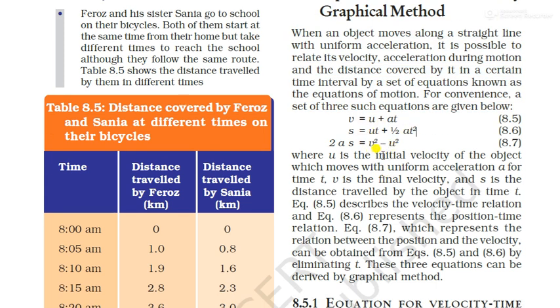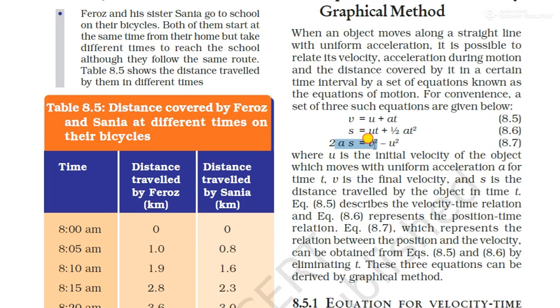We can relate this equation one by one by graphical methods in the following session. One important point here to remember is that every equation represents a relation between other terms. Like in the first equation, it conveys a relation between velocity and time, so this equation is called velocity time relation. The second equation represents a relation between distance and time, so the second equation can be called distance time relation.